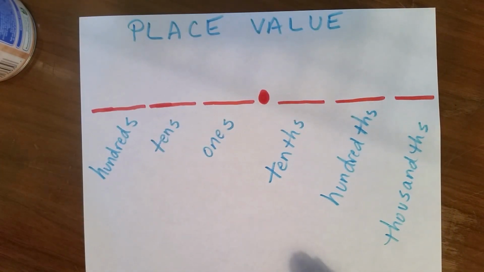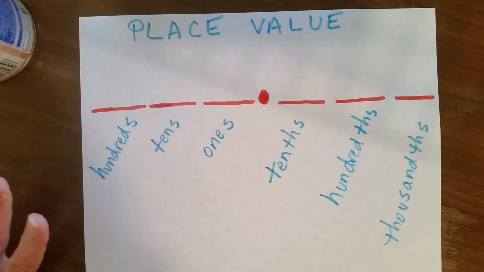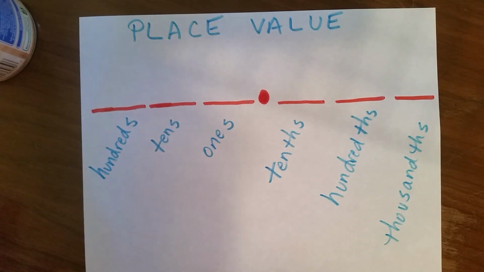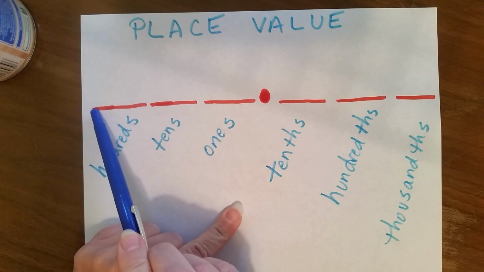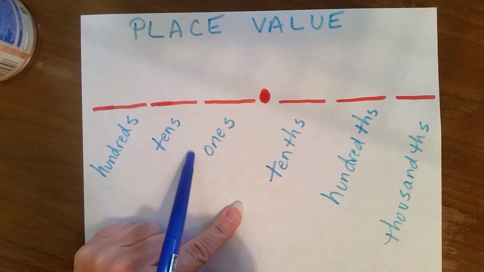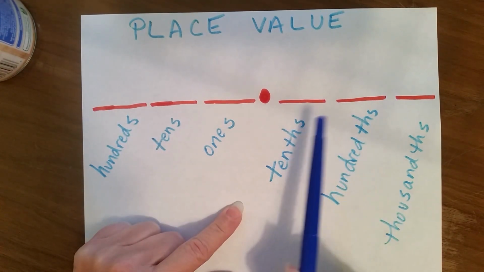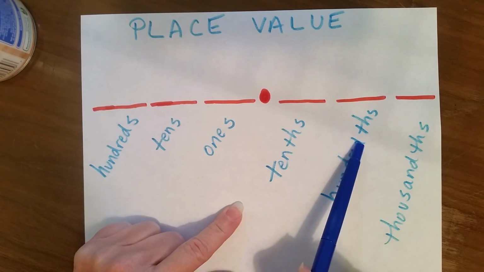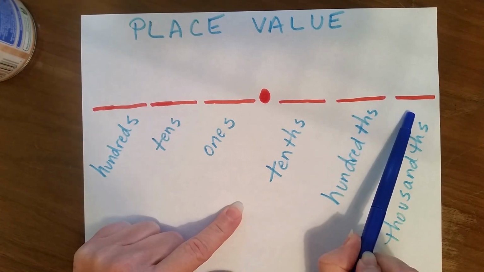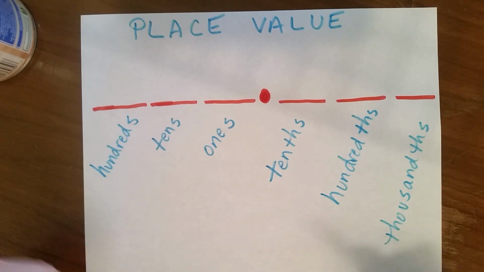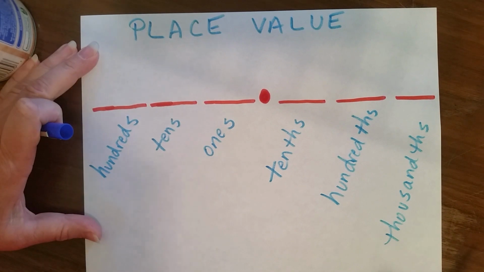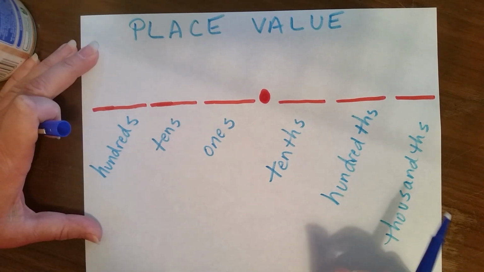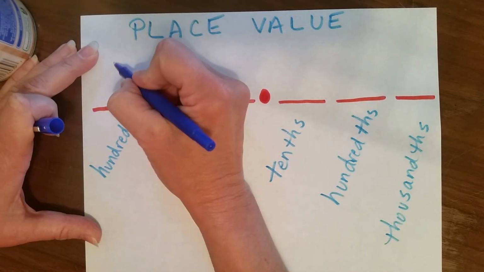Okay, now we all know what place value is, but let's just do a refresher. So to the left of the decimal point, we have our ones, and then our tens, and then our hundreds. There's no TH over here. Now over here, we have tenths with a TH, then the hundredths place, then the thousandths place. Okay, so if I have a number like, let's see, tomorrow, the day you'll be watching this, is April 28th. So let's say it's